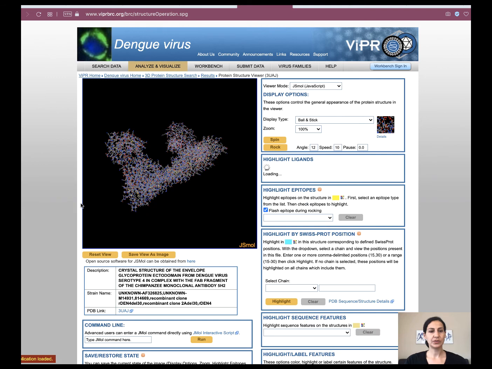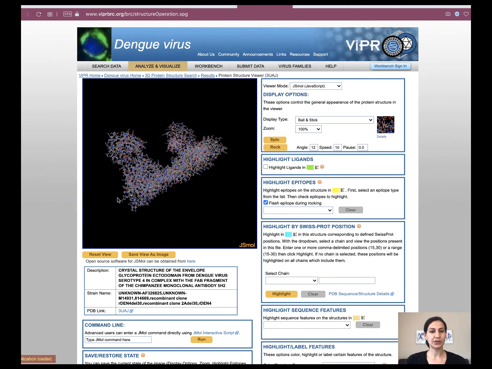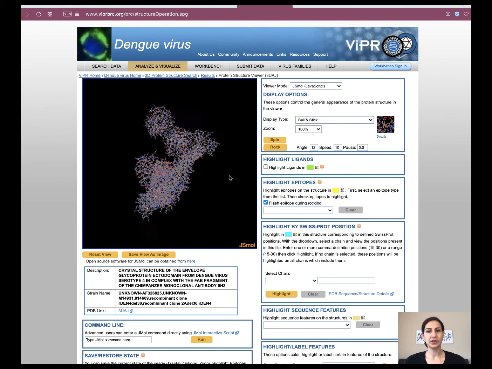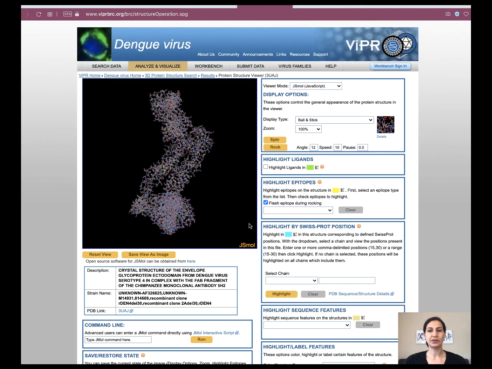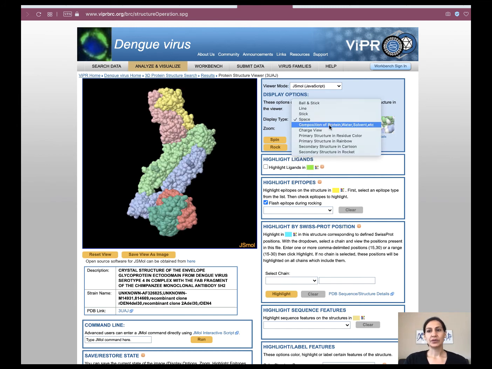This takes me to a page where I can visualize the structure in the JSmol software. And if you want to know a little bit more about it, you can just click on this link over here. There are multiple ways in which you can view these models. Right now it's in the ball and stick conformation, and you can move it around and rotate it and turn it up and down in 3 dimensions. You can also change how you visualize it, whether you want a space filling model, or if you're more comfortable, for example, looking at the